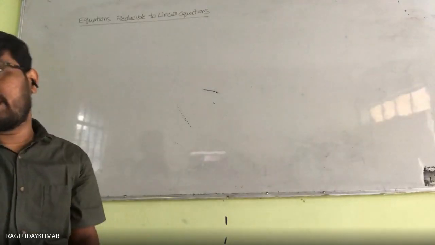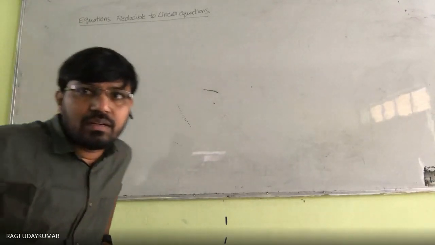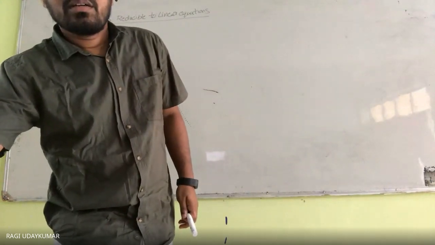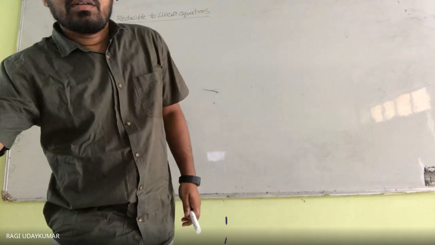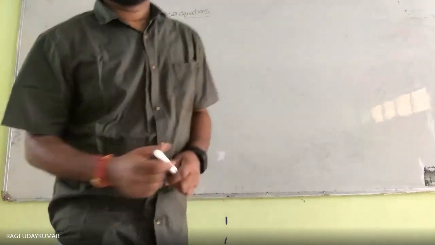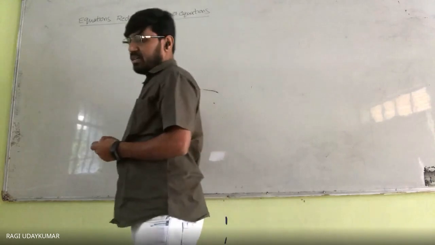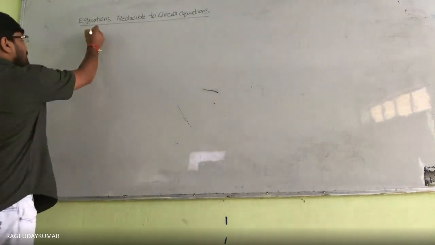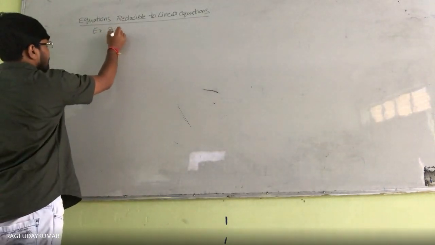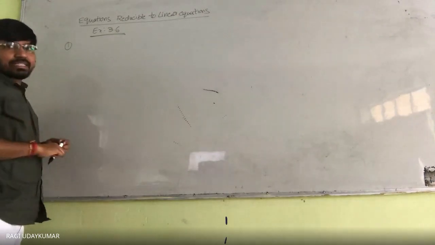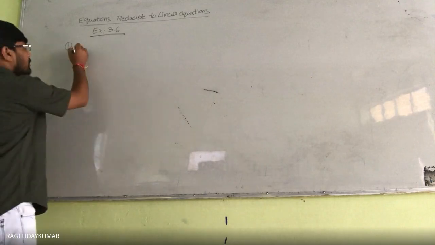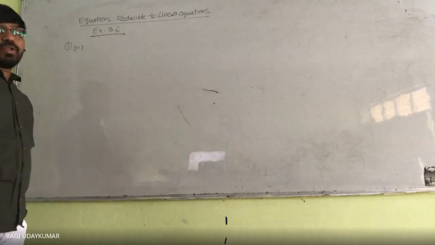Yes, sir. So now let us see some of the problems given to you in your textbook. By solving that, how do we reduce them into a pair of linear equations? See here, exercise 3.6. So based on this, you are having exercise 3.6. In this first, let us take the problem which is given to you. Third problem, let us take into consideration here. Third problem, see here. So what do you get here?